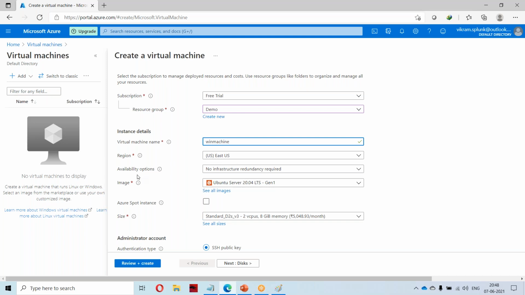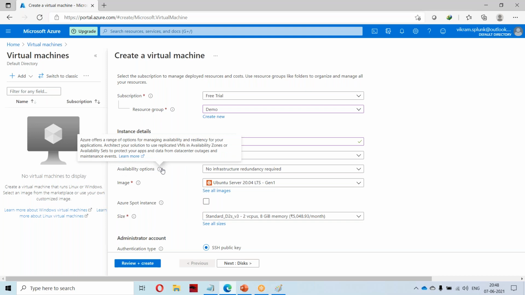If you see the availability options, this is what we have discussed till now. By default, no infrastructure redundancy required will be there, which means redundancy won't be there. If the application goes down, there is no backup support.